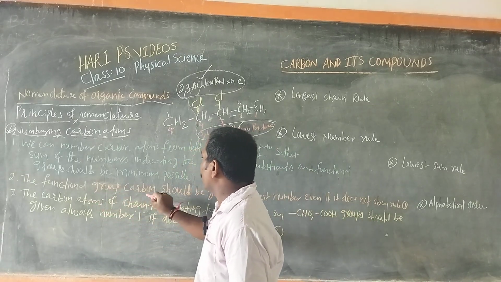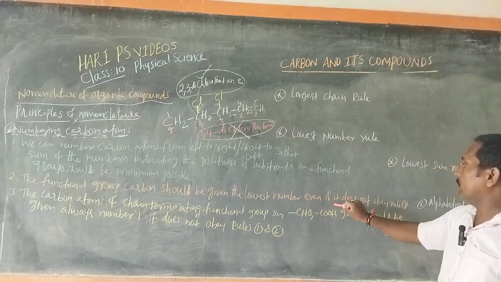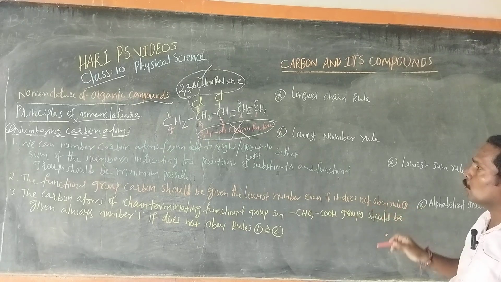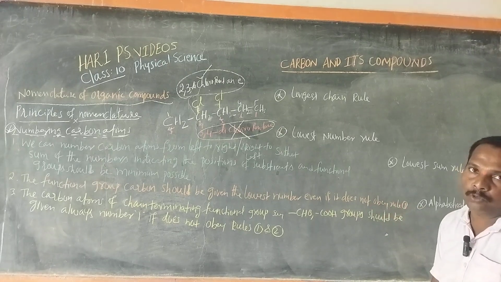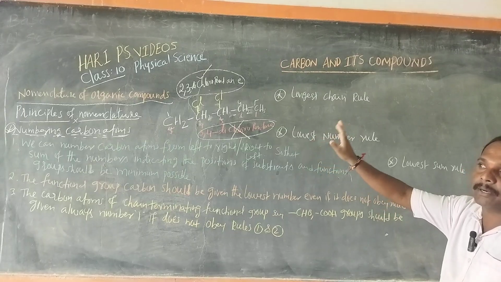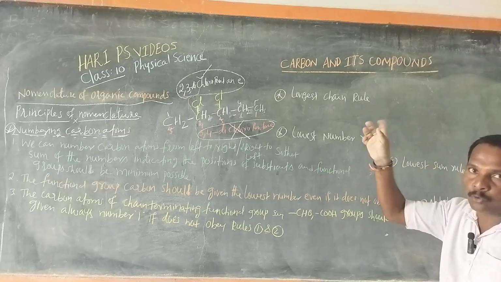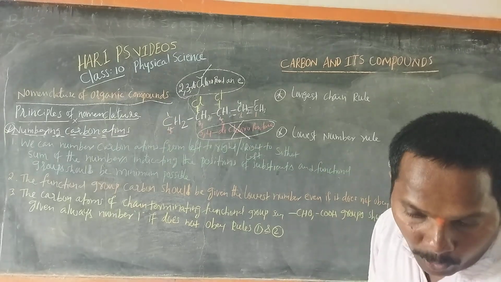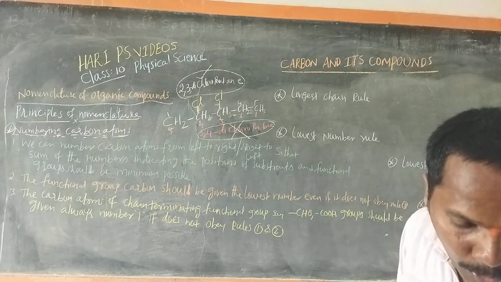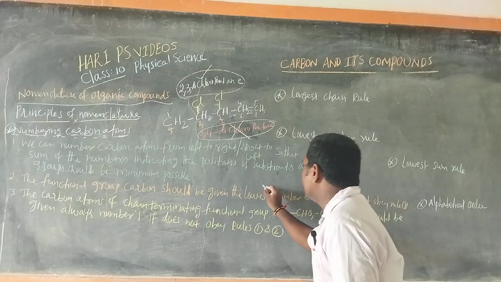Second, the functional group carbon should be given the lowest number even if it does not obey rule 1. So the substituent carbon atoms must get the lowest minimum possible number; that is rule 1. If the organic compound has a functional group, the functional group carbon should be given the lowest number. For example,